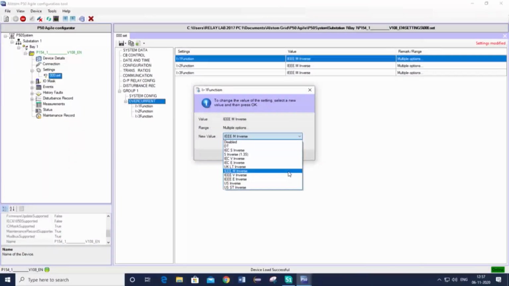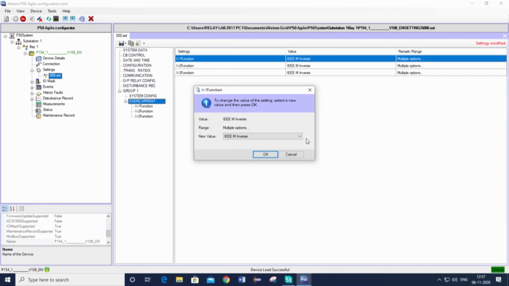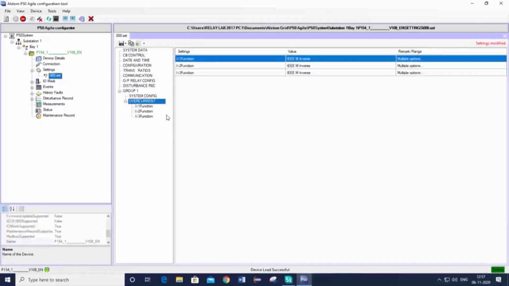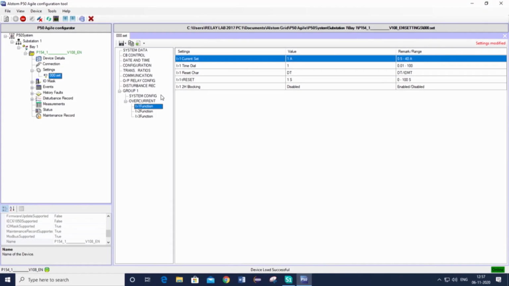So, going to this one, this first one. Here, for the relay settings we essentially need the pickup current setting. The pickup current setting is the first one, 1 ampere we have taken, which has a range of 0.5 to 40 ampere. This is all on the primary side, the power system side. The relay time dial setting is 1, and it can take very small values from 0.01 to 100, and this is the beauty of the numerical relay. Now, this is all about the setting.